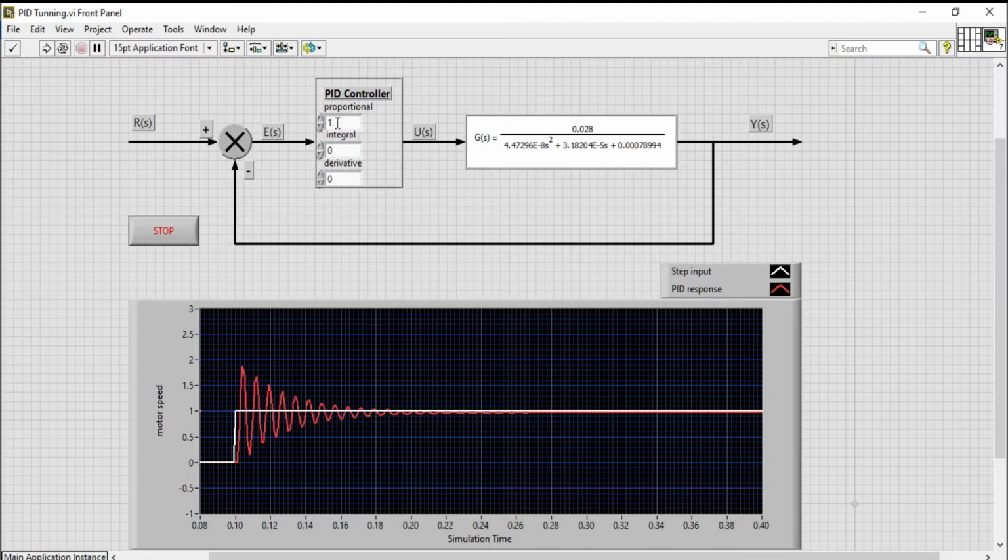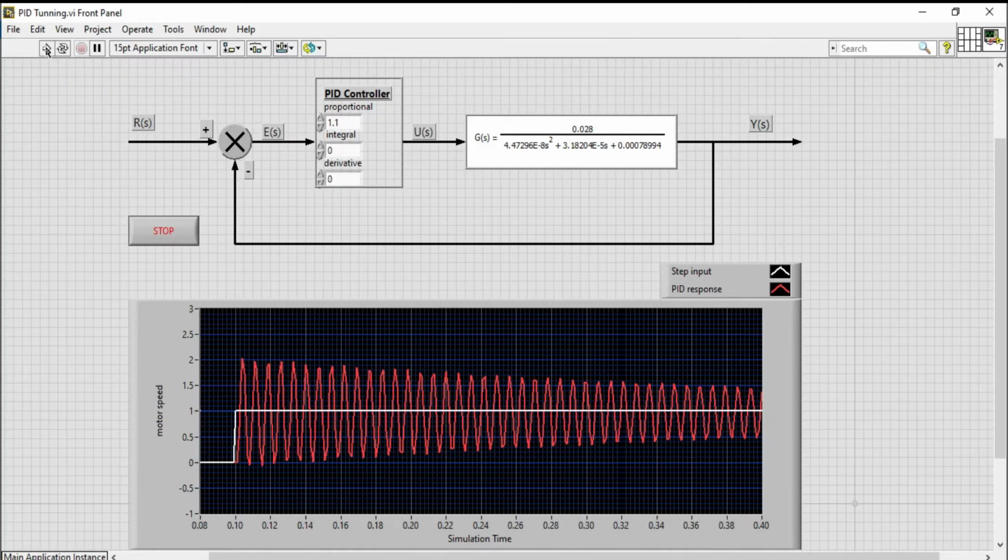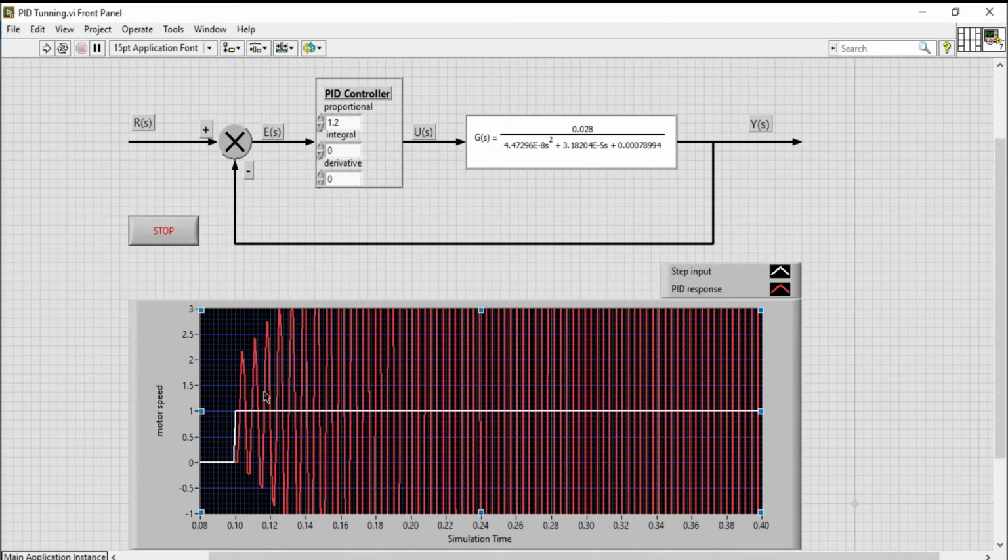According to the Ziegler-Nichols rule, you have to increase your KP until you get sustained oscillations. Here your oscillations die out; you have to make KP such that your oscillation is sustained. I am increasing the value of KP in this case. Here the oscillations increase. In this case I again increase the value to 2. Here my oscillations increase more, so they never die out.